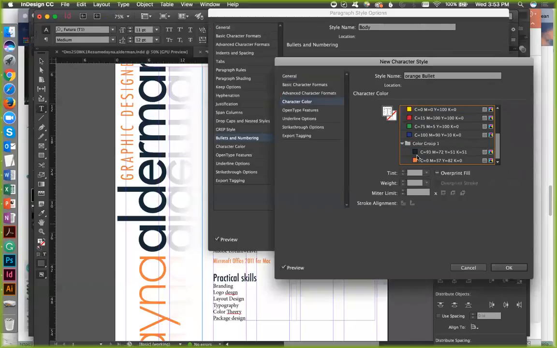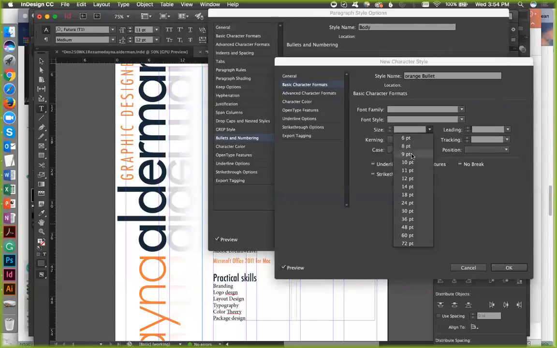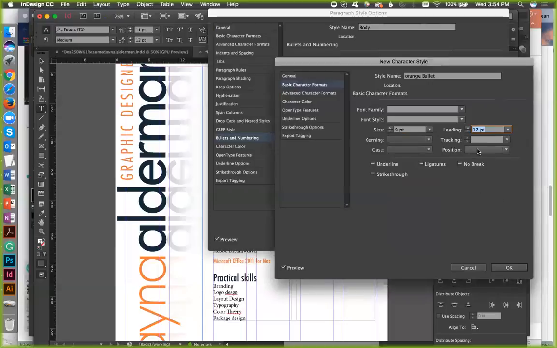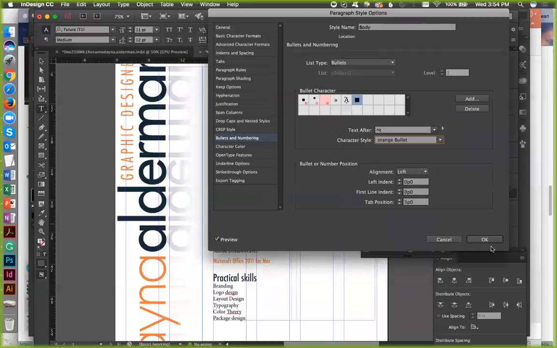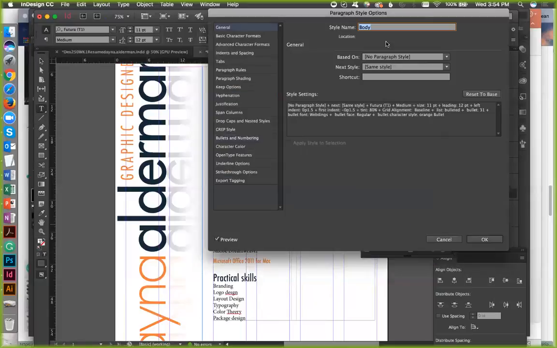But okay, so nothing on that. I want this orange right here. Go over here. I'm going to do probably let's do a 9, leading 12. I'll probably still have to fix it. Position. We'll leave that. And I'm going to say OK. Now, my left indent of my bullet is going to be a 0.125. Okay. My first line indent is going to be a negative 0.125. Whatever you do for the beginning, you have to do for the opposite here, for the left indent. I'm going to say OK. Now, this is going to need bullet.